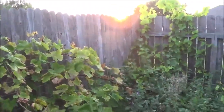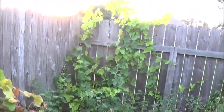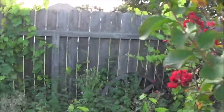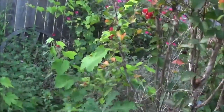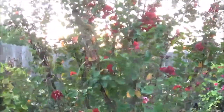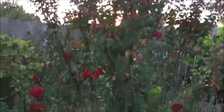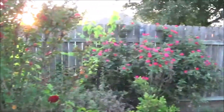It's just growing all over the place, and I'm going to let it grow all over this fence here, just kind of do whatever it wants. And there's another one right over there in that corner, and that's taking over that fence, which is what I want it to do. So you can see these vines have shot all the way over there, trying to find a place to grab onto, and I just kind of let it do what it wants. And get some tomatoes growing here, and another Texas crepe myrtle. That's a prettier deep red color, which I find really pretty. Another rock rose bush over there,